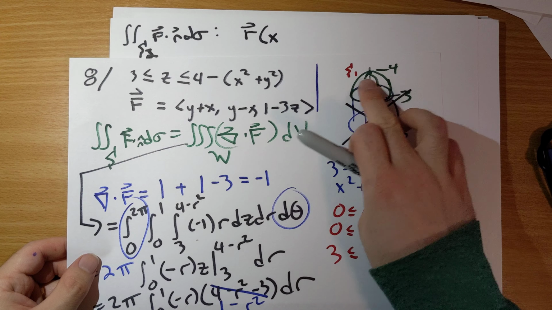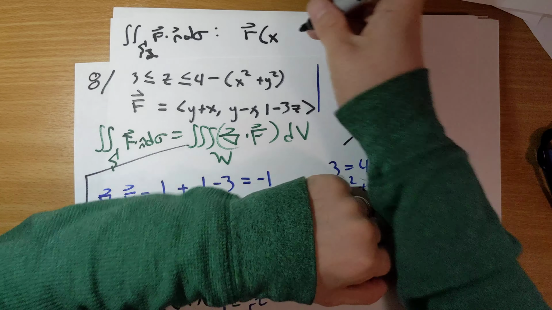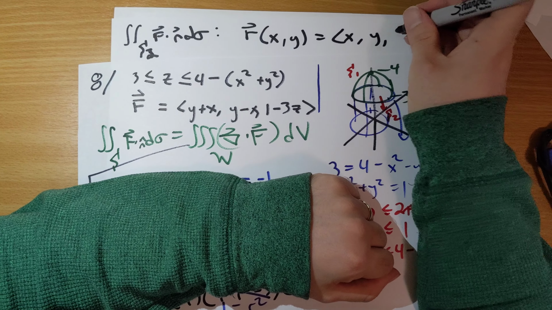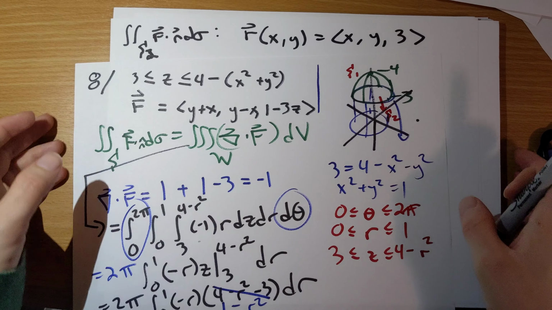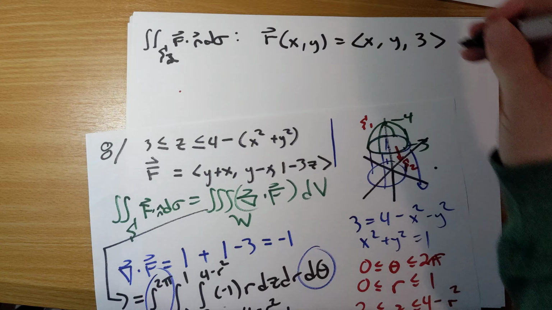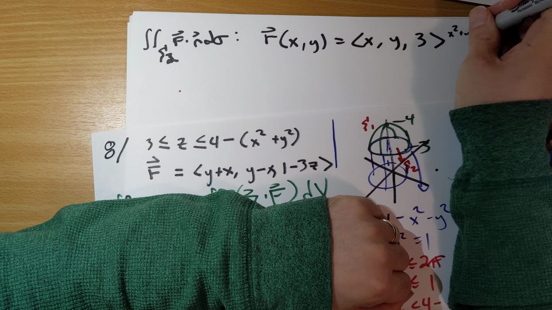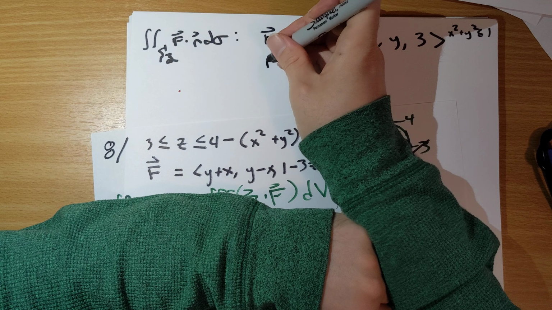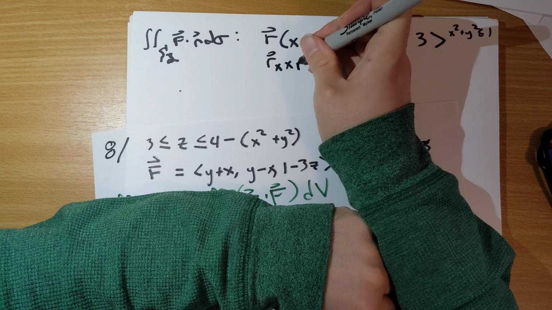X and y are just x and y, and z is going to be 3 here. So x, y, and 3 will work for our parameterization. Again, x squared plus y squared can be at most 1. The normal vector,